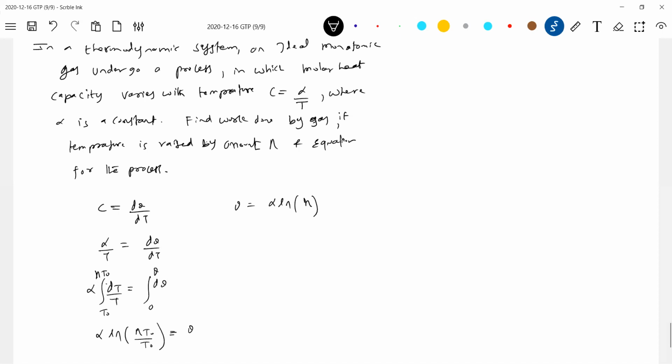Okay, this is about the work done by the gas that is being asked. So the heat supplied is there. Let's go for Q equal to delta U plus work done by gas. Q is alpha log of eta. Delta U should be equal to R by gamma minus 1, change in temperature eta minus 1 times initial temperature T naught. Then the work done by the gas.